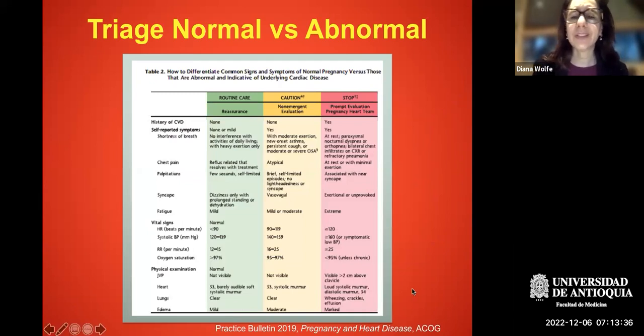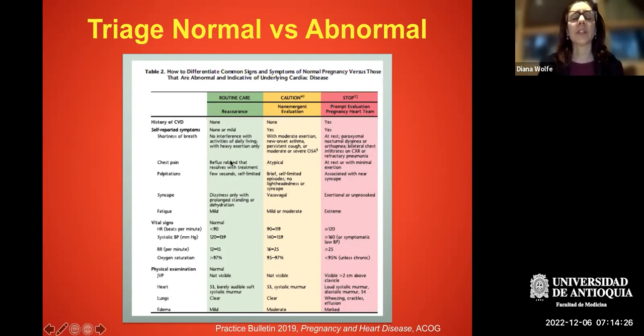Es una publicación de ACOG, American College of OBGYN. Tienen practice bulletins. Y en 2019, el presidente de ACOG se llama Lisa Hollier, es una maternal fetal medicine especialista, y ella creaba este grupo de gente, de especialistas cardíacas, obstétricas, anestesiólogos, para desarrollar un documento para los OBGYNs de seguir para ayudar de triage, cuáles son los symptoms, vital signs, physical examination, findings that need prompt evaluation versus non-emergent